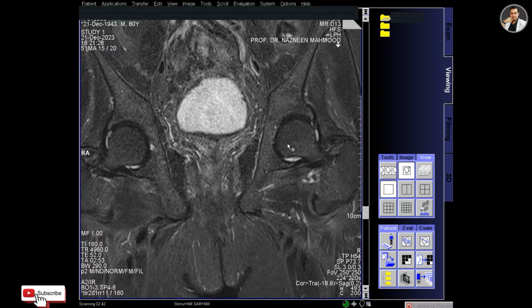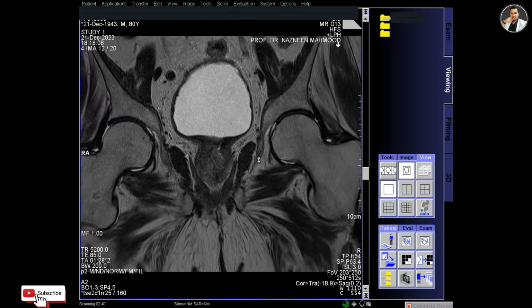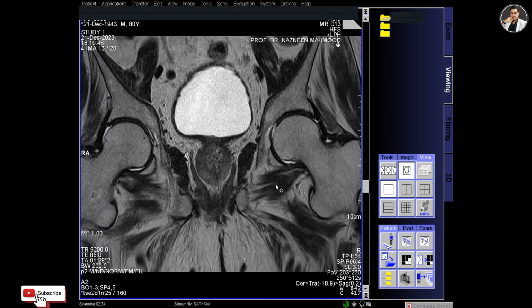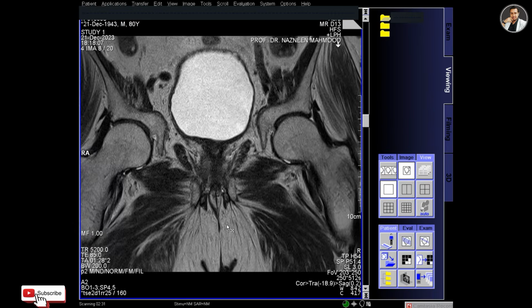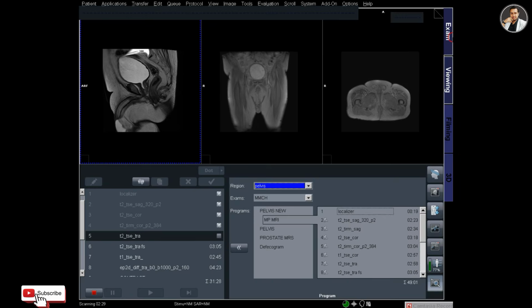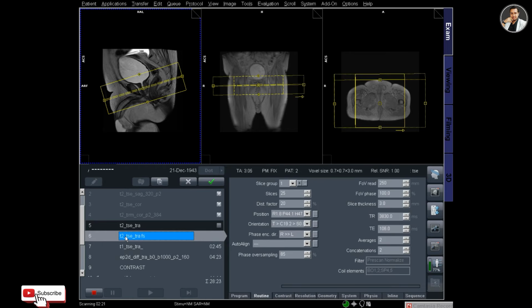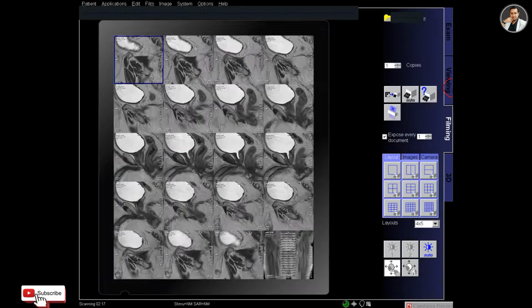So this is the T2 TIRM coronal and this is the T2 coronal. So I am checking the protocols, it's fine.